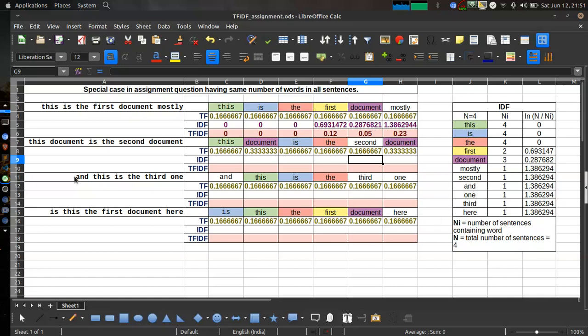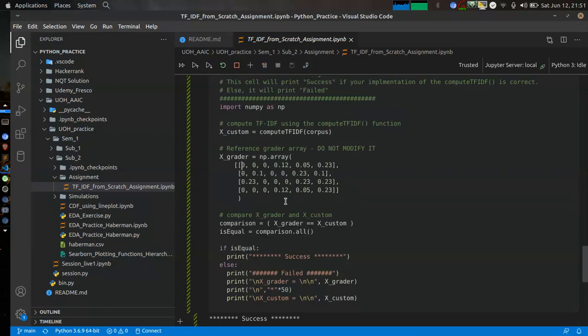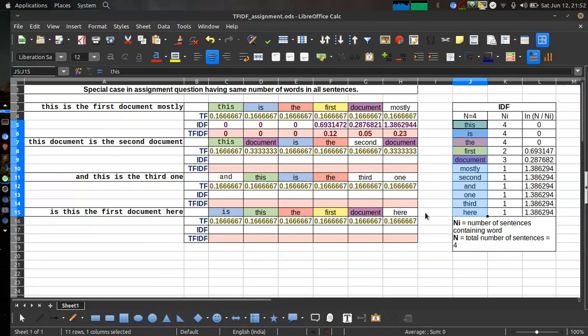Because if there are like five words here, this will fail. How can you have a 4 by 6 matrix with the third row with just five elements, right? But I think the set of unique words is more than six, right? It is 11. It's 11, right? Correct. So shouldn't they, in the assignment, be asking for a 4 by 11 matrix? Definitely, they should ask for 4 by 11. I don't know why they have done this. I will say not stupid, but this is not the right way, right? Yes, this is definitely not the right way. For the sake of simplicity, they have increased the confusion.